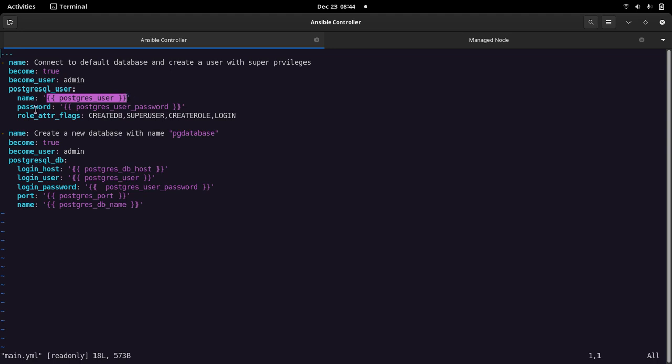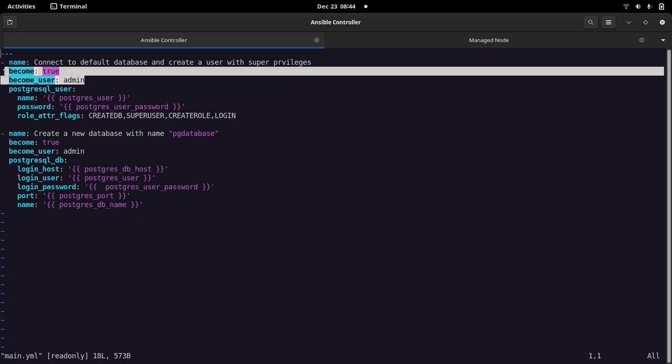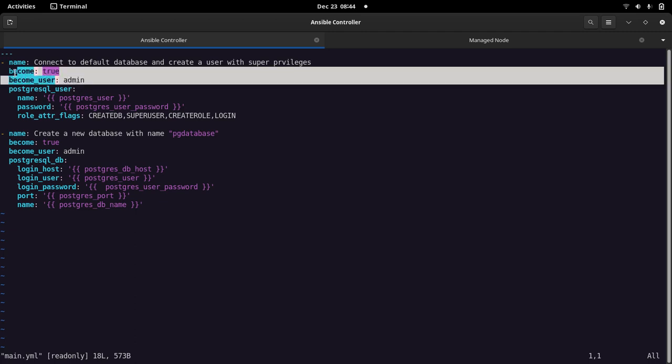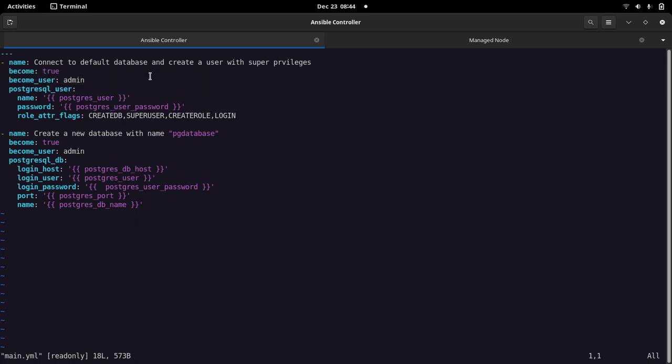There is one thing I want to mention over here: I'm running this create database using the normal user and not the root user. That is the purpose of utilizing become and become_user over here, because in the main YAML file from where we are triggering the role, we have configured become and become_user to be called with root.